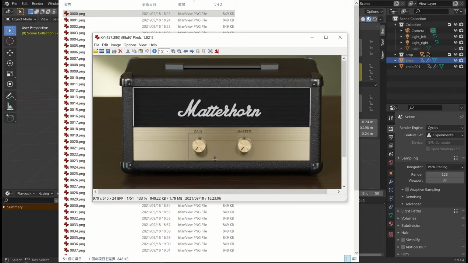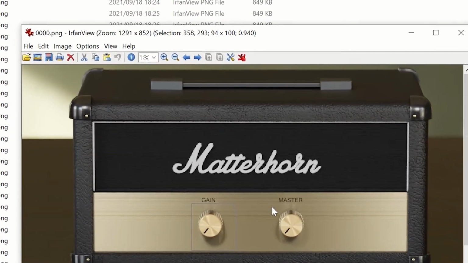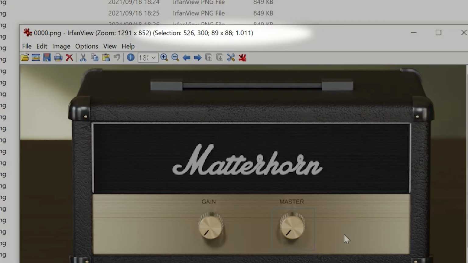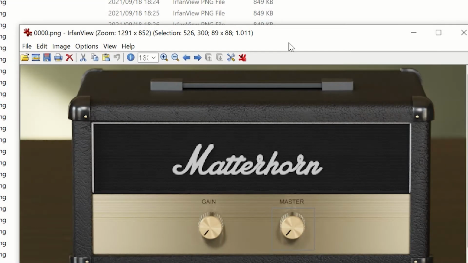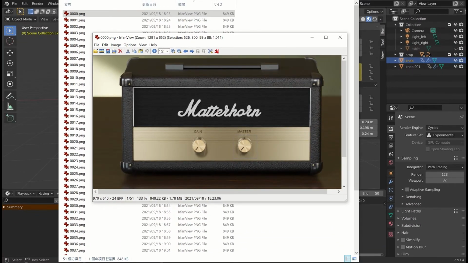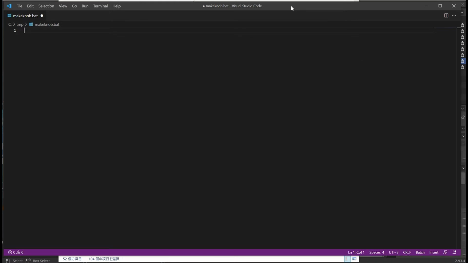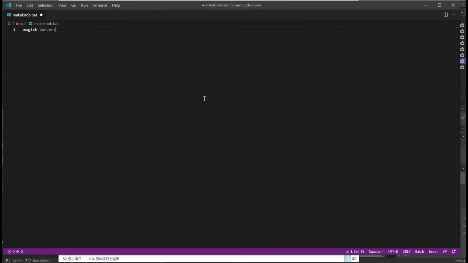Select the knob area, include shadows, and check the coordinates. Open a text editor, and create a batch file. I use ImageMagick commands for cropping and merging images.